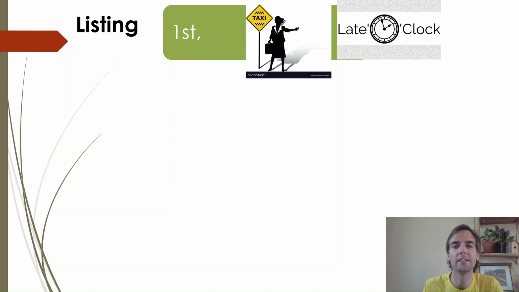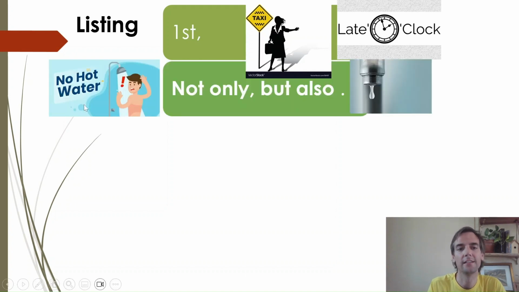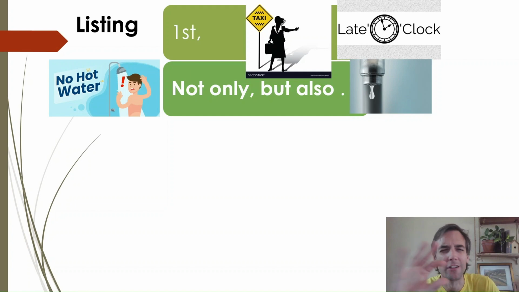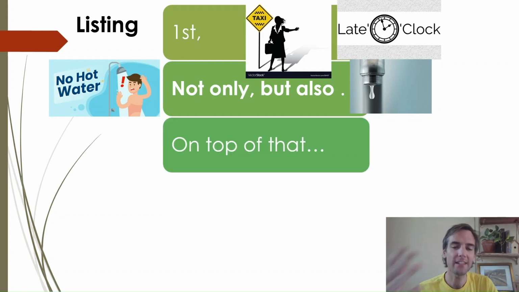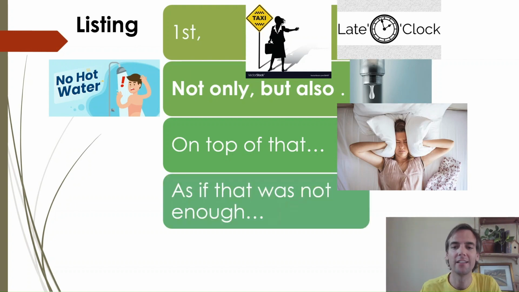It could be anything, but this is an activity to do in class. Then, not only this, but also this. This is supposed to be low water pressure, which is one of the worst things in the world, isn't it? When you've got a shower that doesn't wash you properly because there's low water pressure. But can you put that in a sentence? Can you mention on top of that, there was another thing that happened?